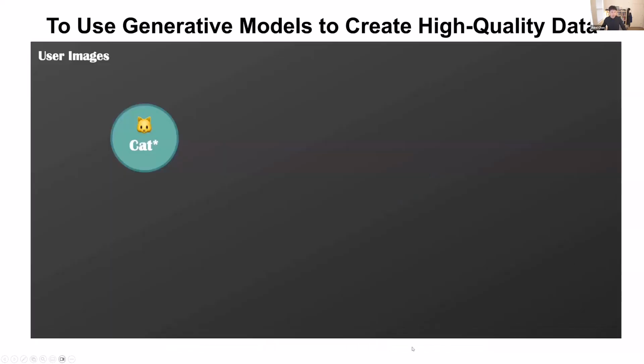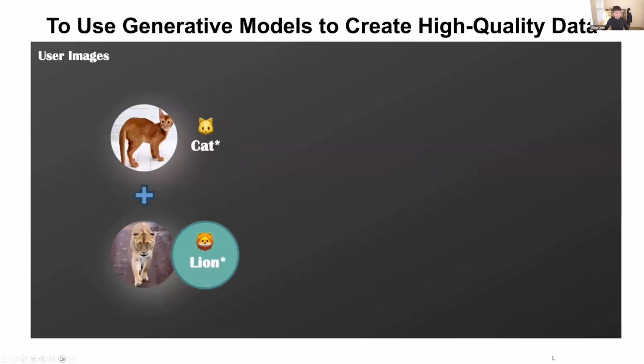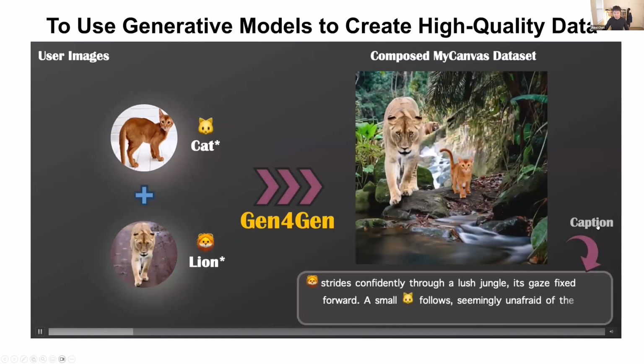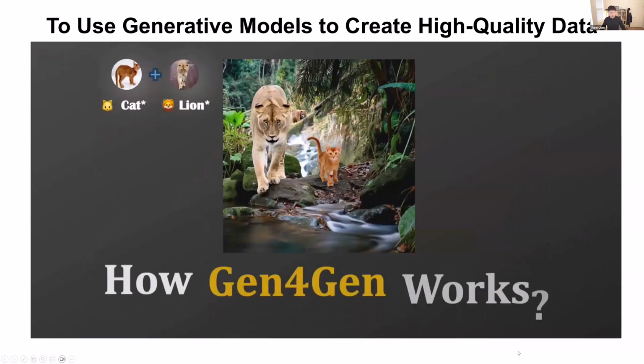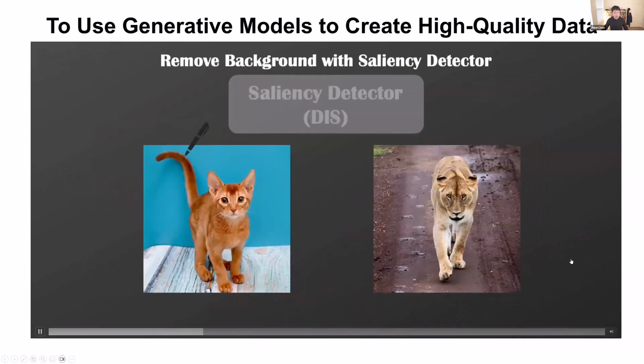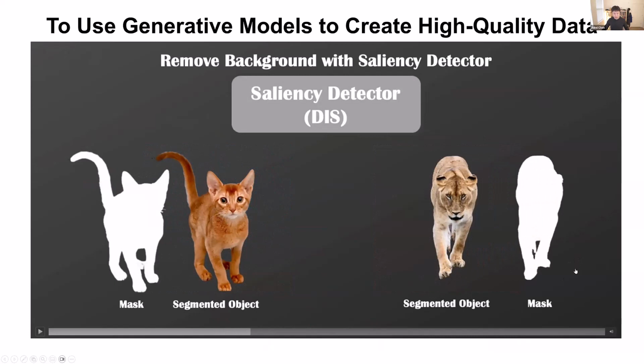And here's how we do it. So that's the goal, right? So you have a cat, you have a lion, right? So you want to create a scene with a detailed caption and compose them together. And how do we do that? The first step is that we are going to extract the cat and extract the lion in this particular case,